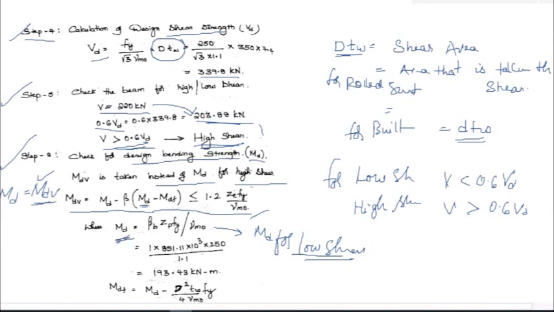Okay, so we have seen that for low shear case in 8.3 clause, MD is equal to beta B ZP Fy by gamma m naught. So you have to use this MD equation which is meant for low shear case, in this high shear case, in the MDV formula. Okay, so now MD is equal to this. You know that beta B is the constant which is equal to 1 for plastic section.